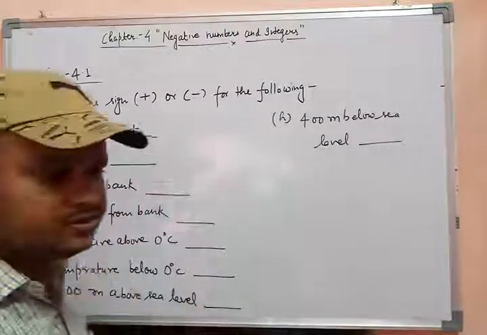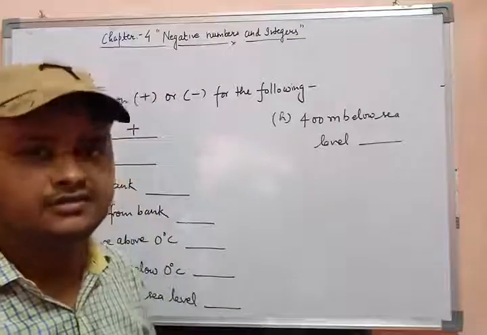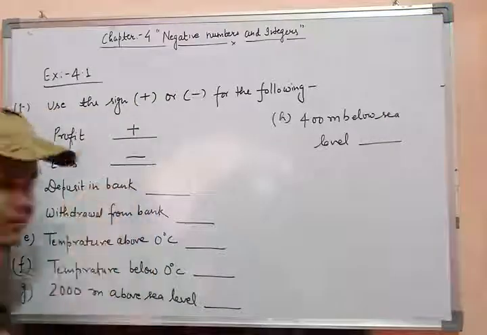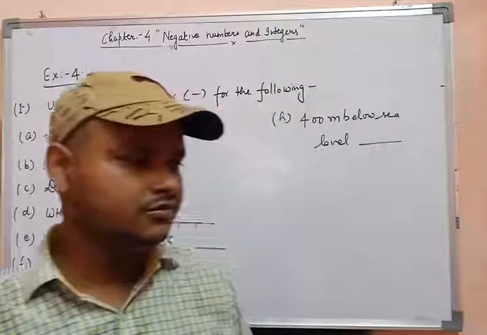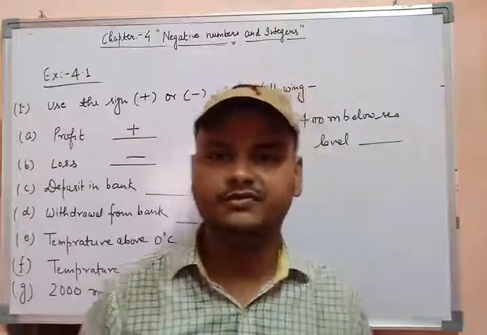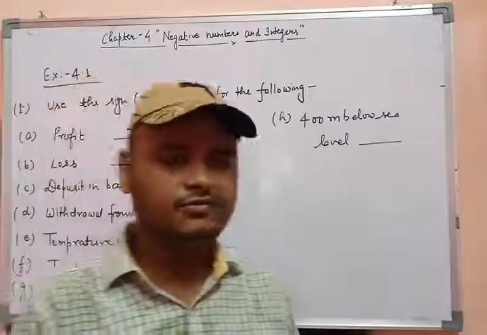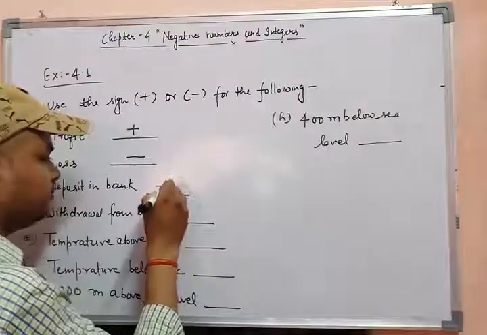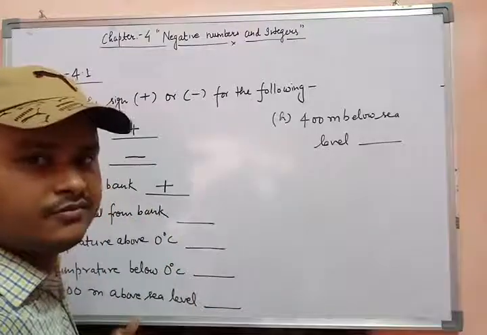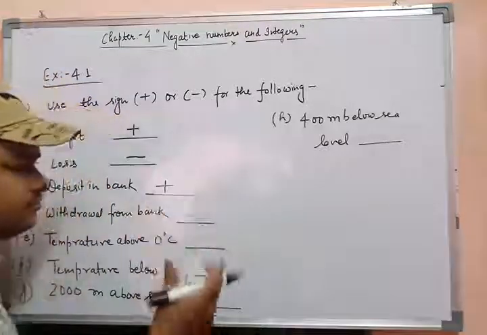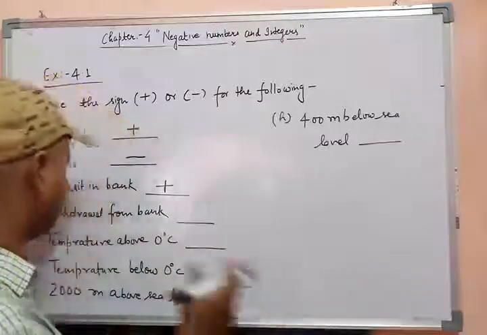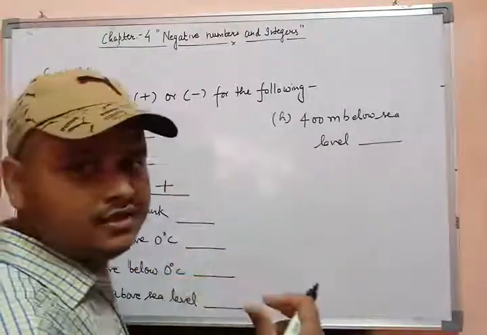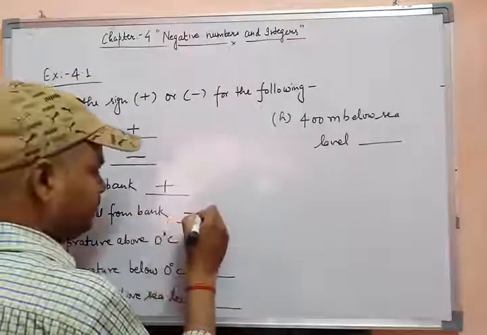And loss means decrease or decay and less, so it means कम होना। तो यहाँ पर हम साइन कौन सा यूज करेंगे, माइनस। Deposit in bank means if somebody deposits some amount in the bank, इसका मतलब कि वो कुछ पैसे बैंक में जमा किया जा रहा है। तो यहाँ पर साइन क्या यूज करेंगे हम, प्लस। मतलब जो भी पैसे जमा हो रहे हैं, प्लस साइन की ओर मूवमेंट हो रहा है, ठीक है। And withdrawal from bank, जो आप निकासी करेंगे, बैंक से अमाउंट को विड्रॉल करेंगे यानी निकालेंगे, तो वहाँ पर माइनस हो जाएगा।